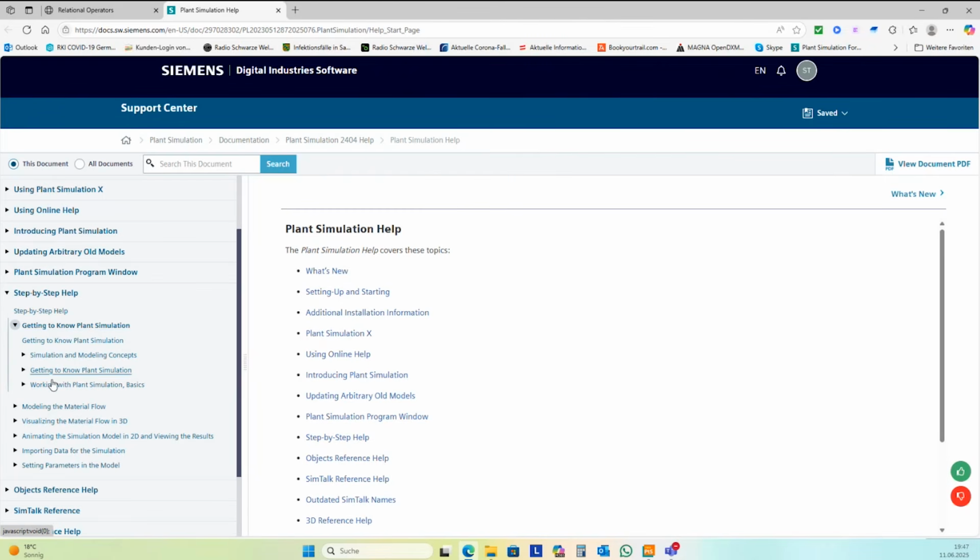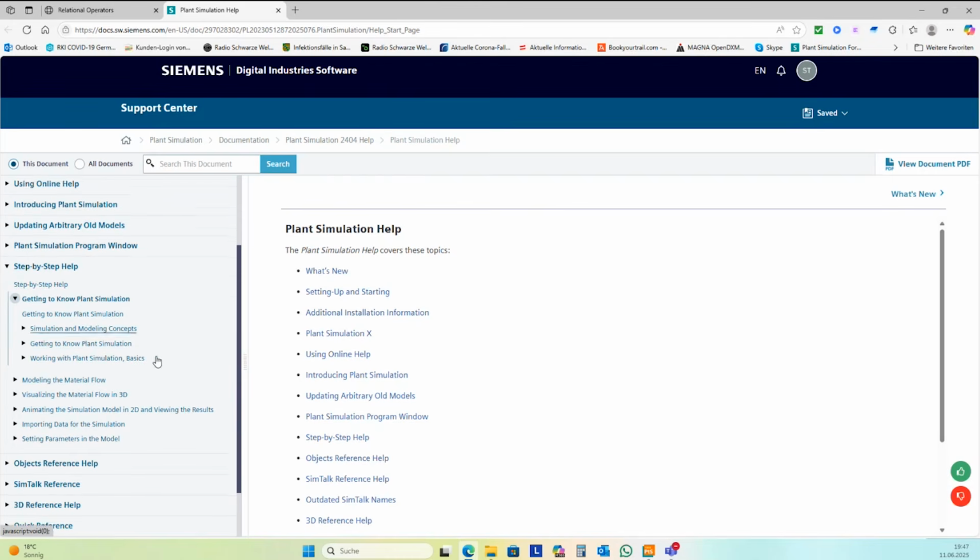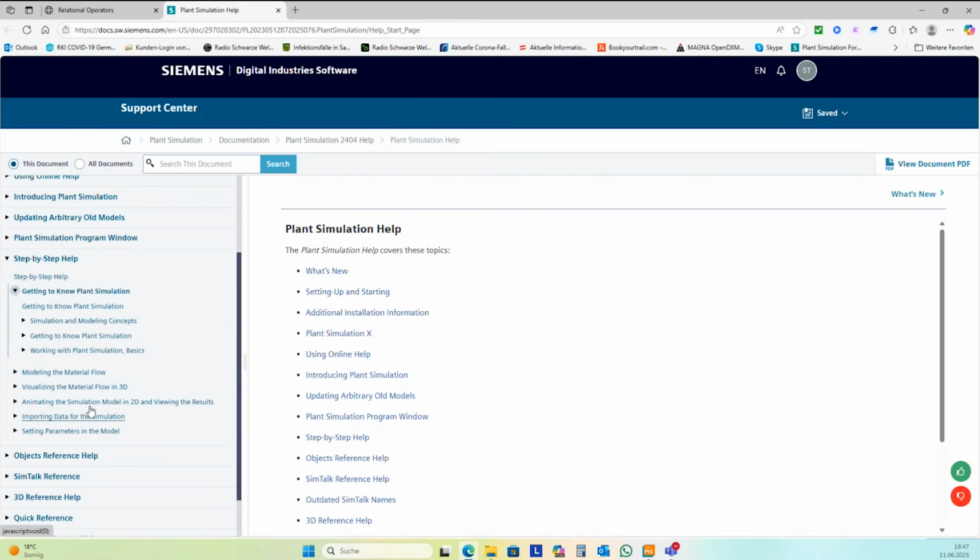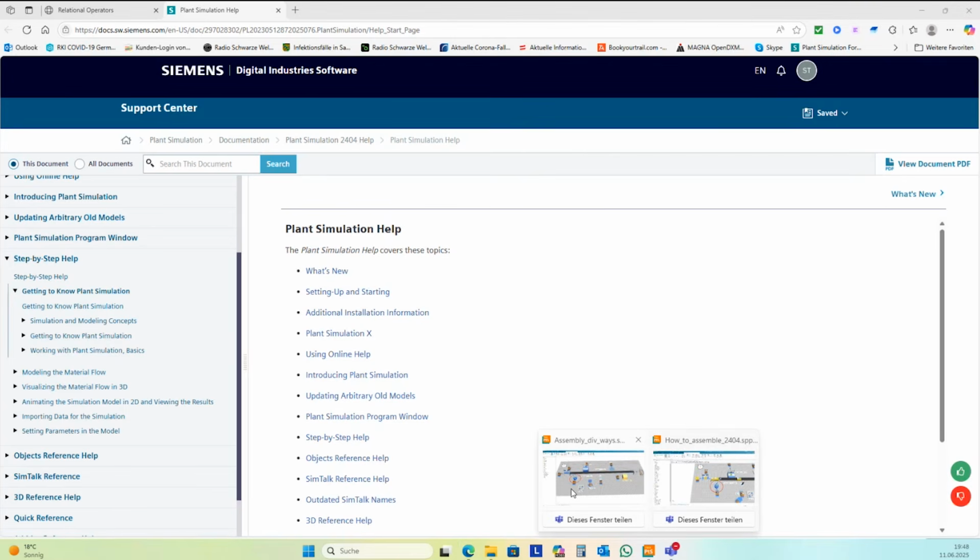And there's also SimTalk here inside, starting from a certain point. And this will help you to start with Plant Simulation in the right way. And you can also find a lot of stuff if you start simulation completely new.